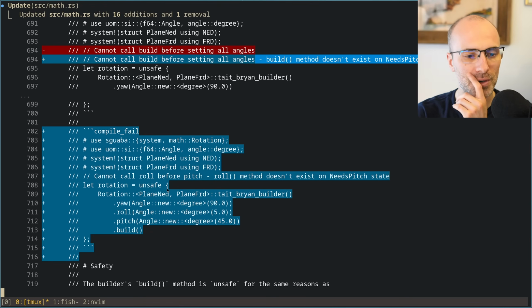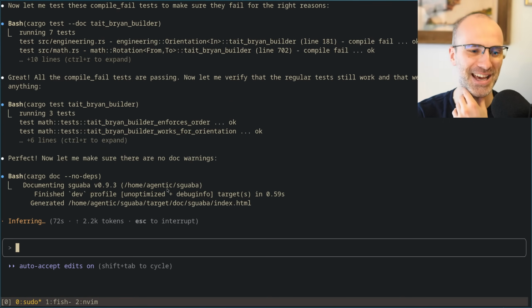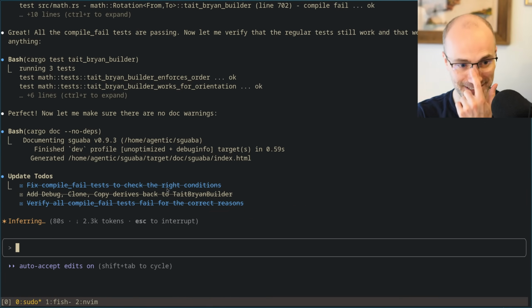Role method doesn't exist. Okay. Too much code on the screen for that. I don't know, this is not that much code on screen. This is just Claude. But I am scrolling it up to look at what that code is. That's true.